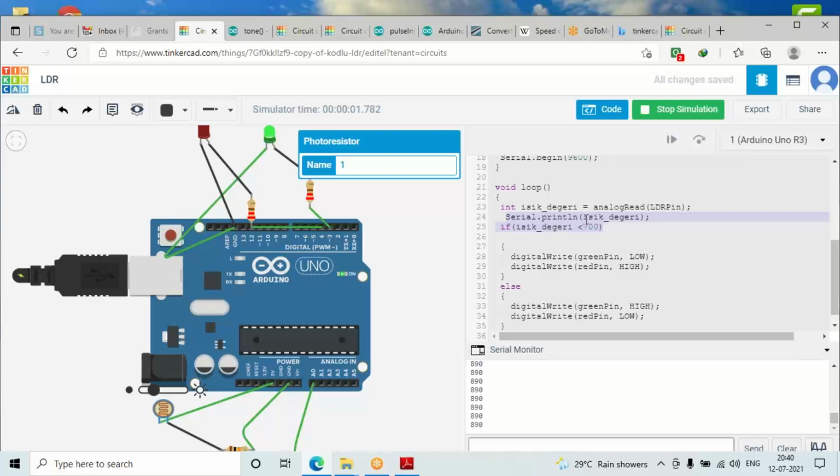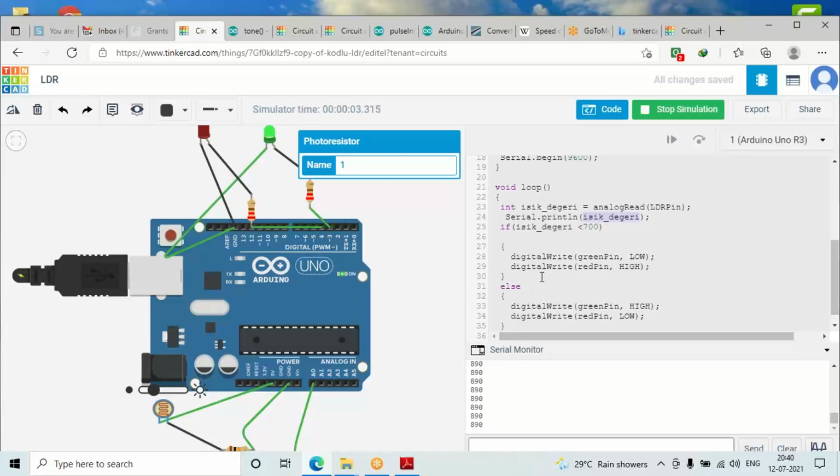The println asks for a parameter, and whatever value we got in this variable, we have passed it here. Because of that, that value, 890, is getting printed here. I hope you're getting my point.